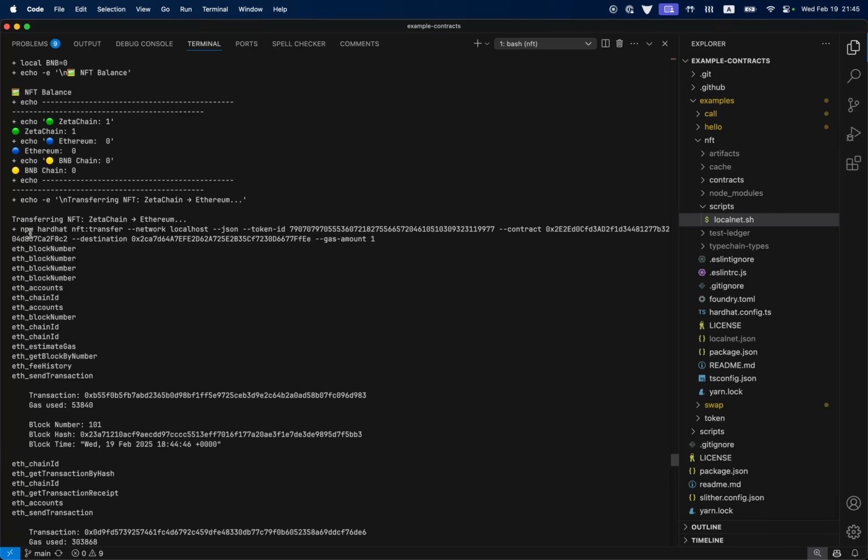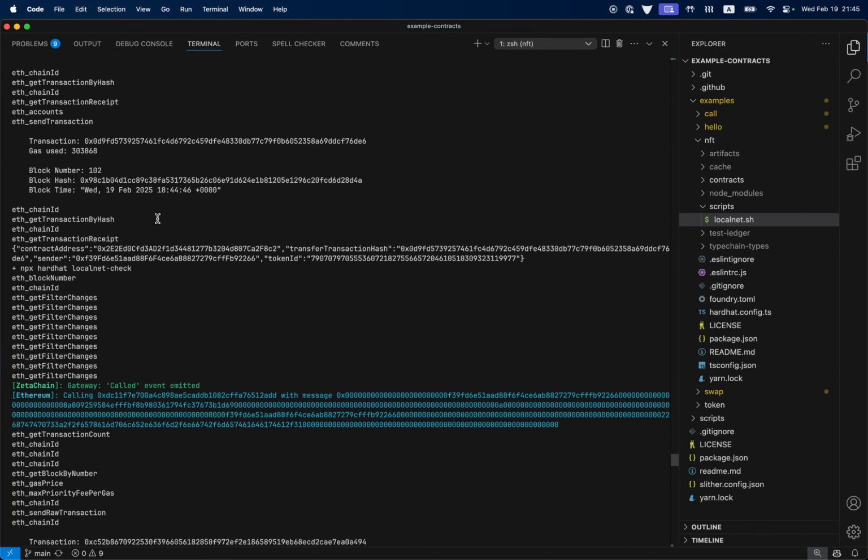And now we're actually using the NFT transfer function to send a token with a specific ID to a destination. This is the ZRC20 asset, ZRC20 ETH specifically. So we're sending an NFT from Zeta chain to Ethereum, and